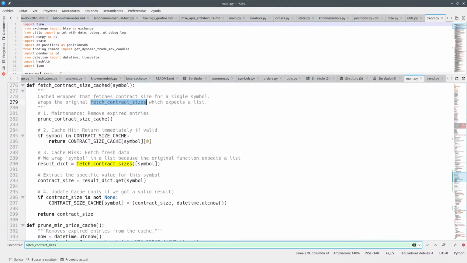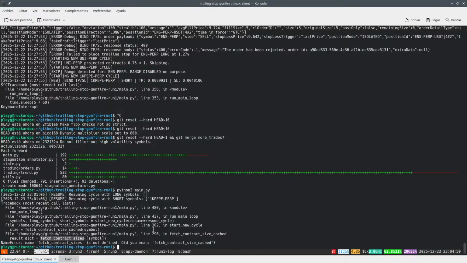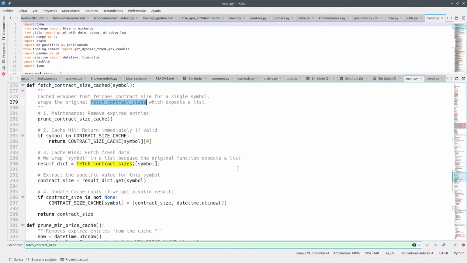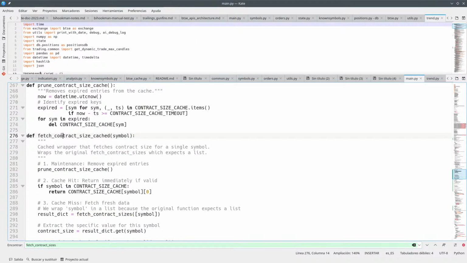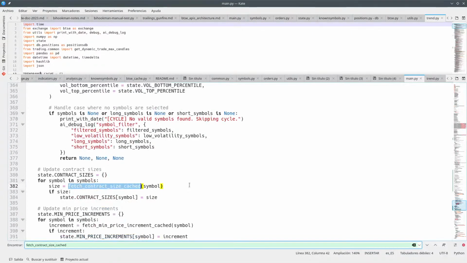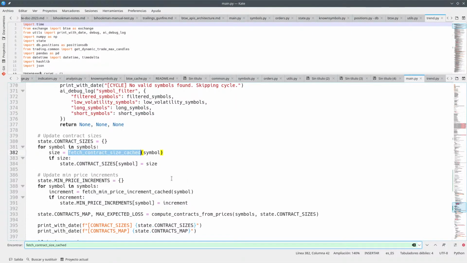Wait a minute. Line 290: fetch contract sizes is not defined. So we're supposed to be using fetch contract size cached, isn't it? In here, in order to